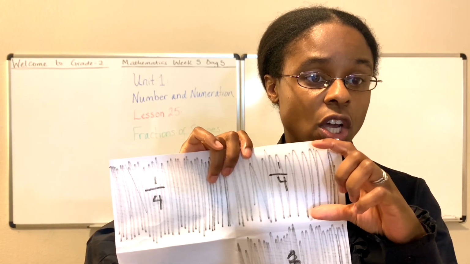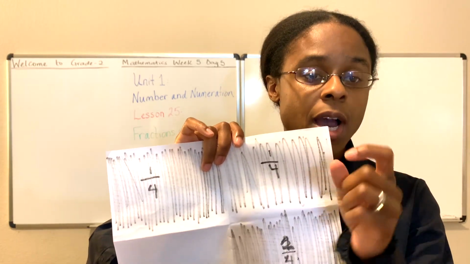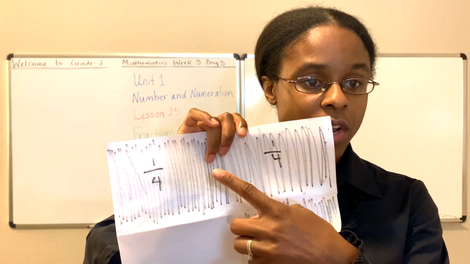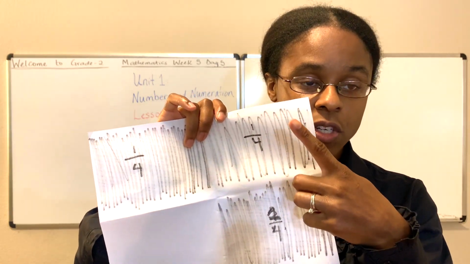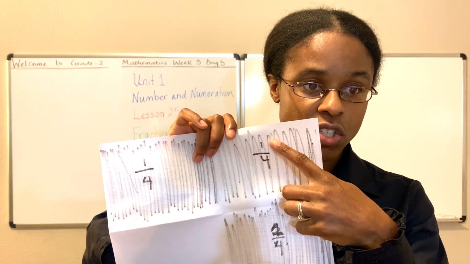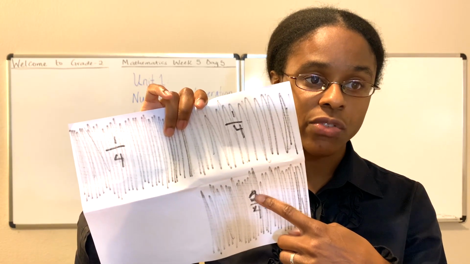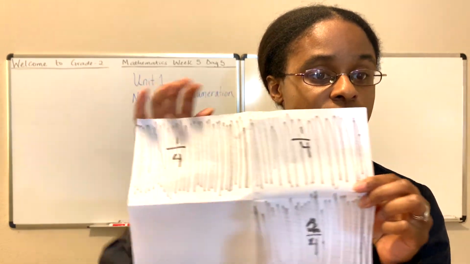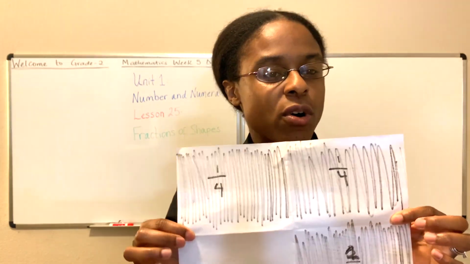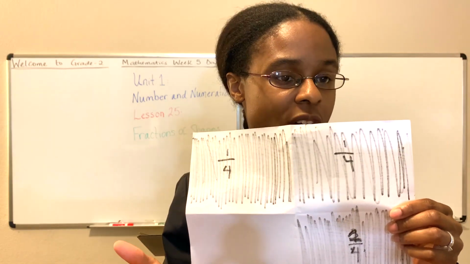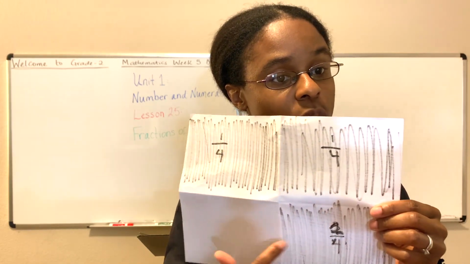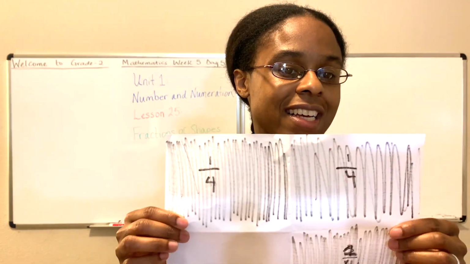Each section alone on its own is 1/4, but when you tally it together, that's 1 out of 4. Up, there's another. The numerator changes to 2 out of 4. Up, there's another. The numerator changes to 3 out of 4. 1, 2, 3 out of 4 shaded. Then I would ask you, how many parts are unshaded? And you'd say, it looks like only 1/4, or 1 out of 4, or 1 out of the 1, 2, 3, 4 parts is unshaded.